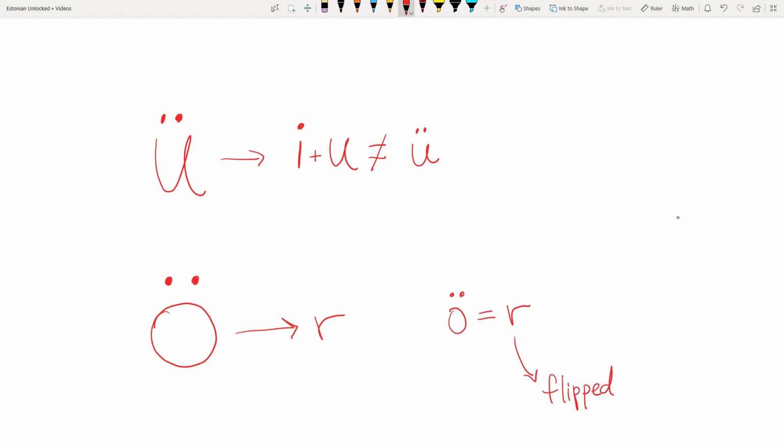And then since they just think õ is R, they start flipping their õ. And this causes lots of confusion when you're trying to speak to native Estonian speakers, especially if the context is wrong and they don't really know what you're talking about anyways. So let me give an example. If I'm saying söön,